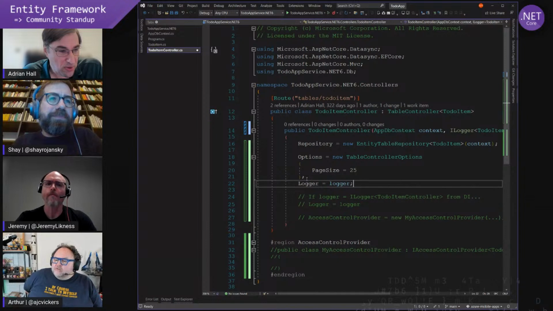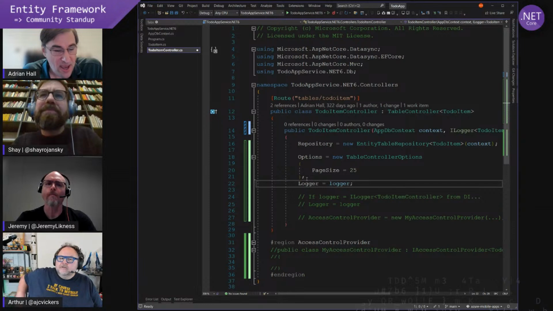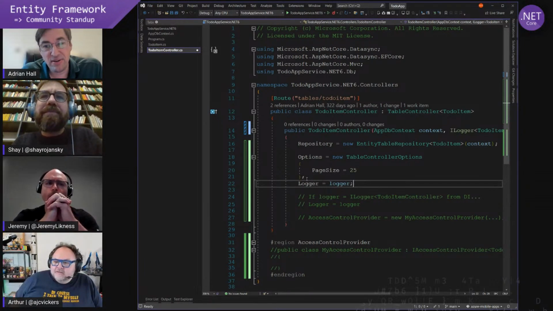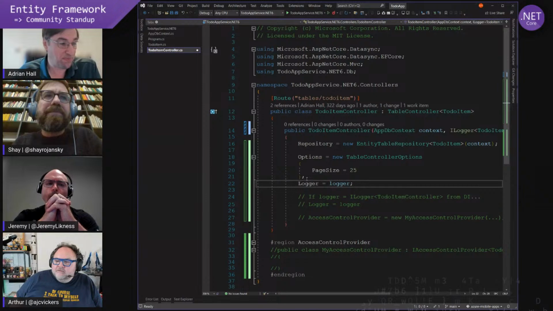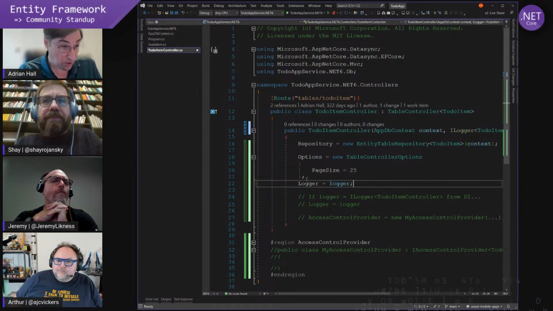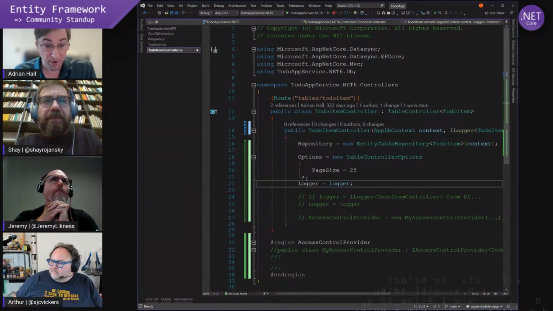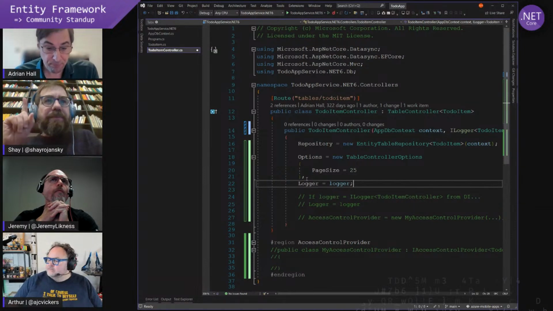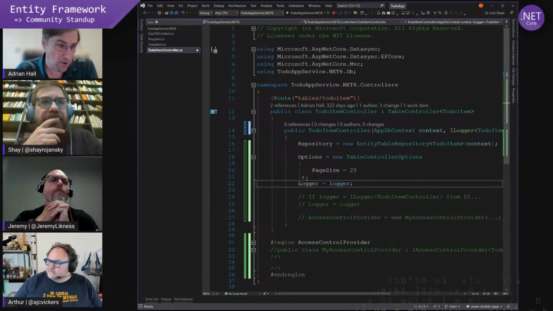Question from me. I'm just curious. I'm sure there's a good reason for this, but why is the repository itself not injected into the controller? There are multiple ways of doing it, and deciding whether to inject it or whether to create it is totally up to you. You could add it on a per call basis, a per controller basis, or a per instance basis, and different providers will support a different capability there. So you can do either way.